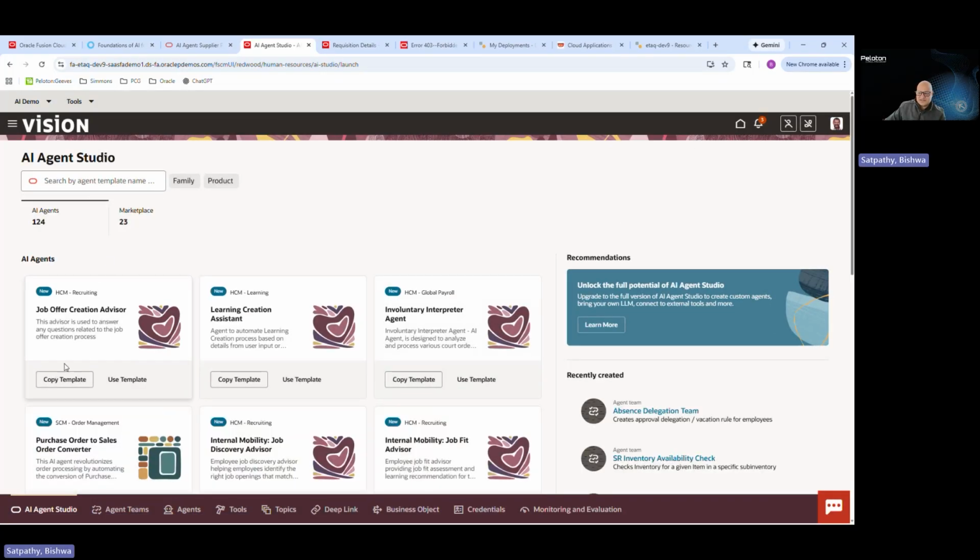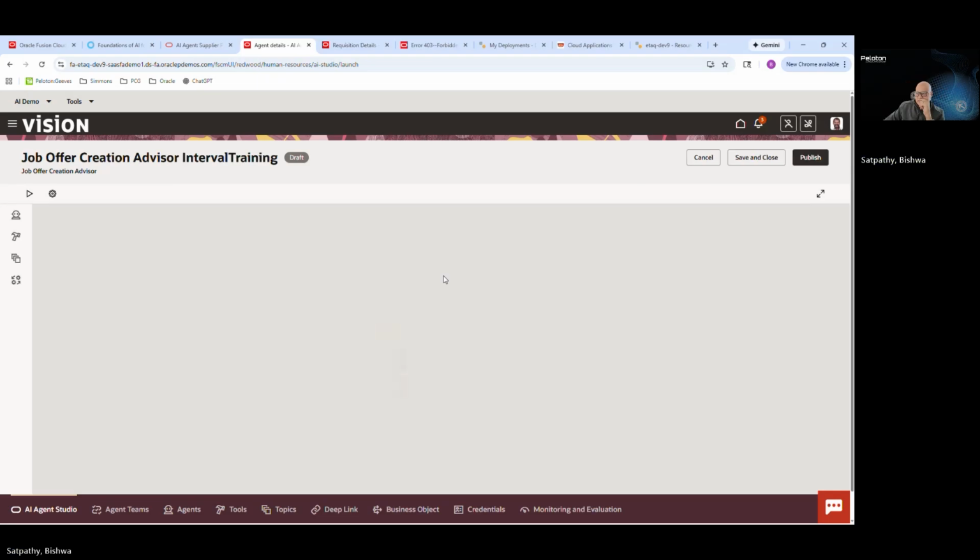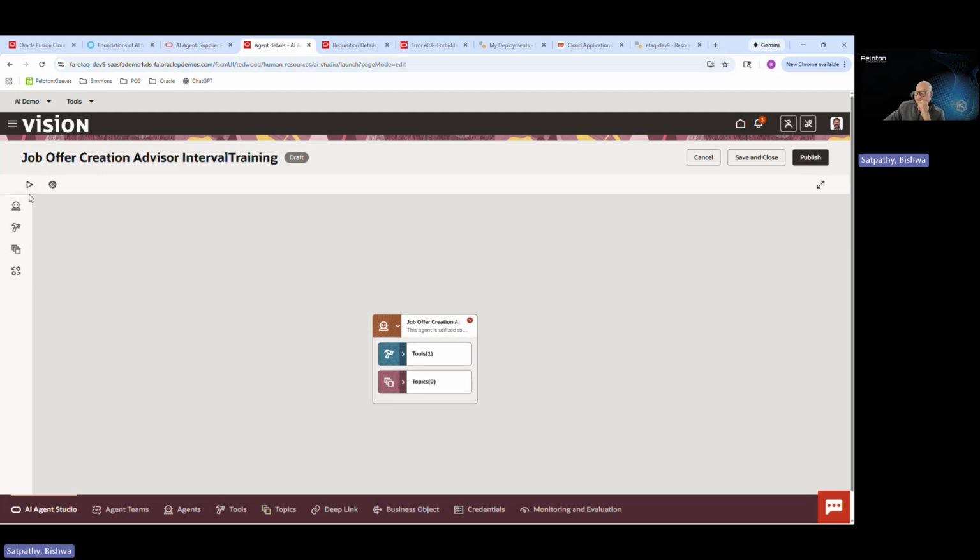Or I can come back and say, just copy the template and add a suffix. Let's say I'll add interval training and then click continue. It just copied that and it's ready to go, right? So if I click plus,